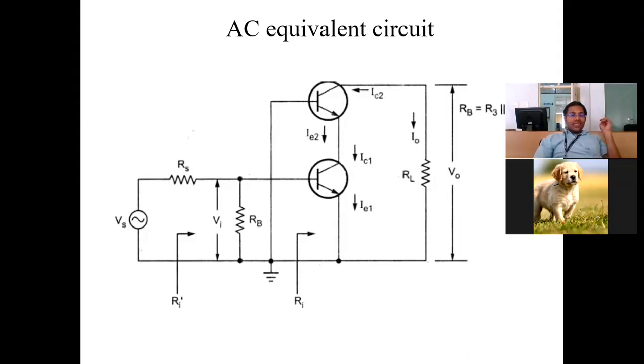So what is the next? First step I told you, amplifier circuit, go for AC equivalent. What is the next step? Please answer. Next step is replace the transistor by what? Equivalent circuit. Replace the transistor by equivalent circuit. Now, if the question asks for exact analysis, replace by the complete H parameter model.